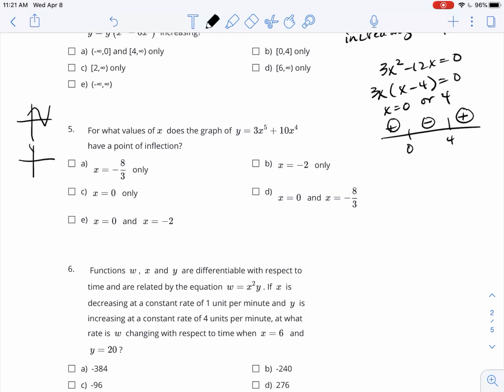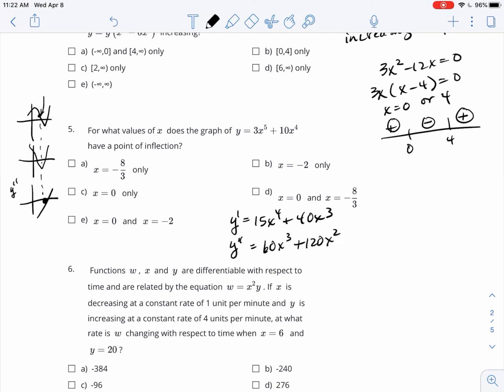For number 5, for what values of x does this function have a point of inflection? And I'm just going to recall my position, velocity, and acceleration. A point of inflection on a function is going to be where the second derivative, y double prime, is going to change from negative to positive or positive to negative. And so I'm going to find my second derivative. So y prime is 15x to the 4th plus 40x cubed, and then y double prime is 60x cubed plus 120x squared. And so set that guy equal to 0